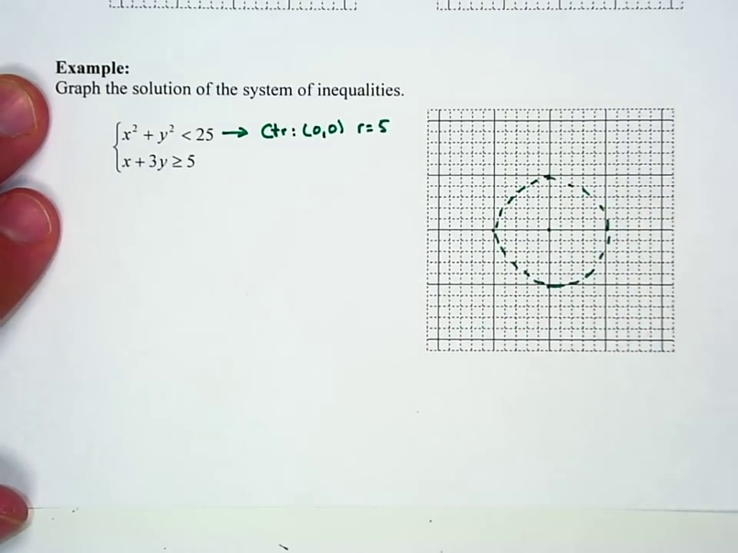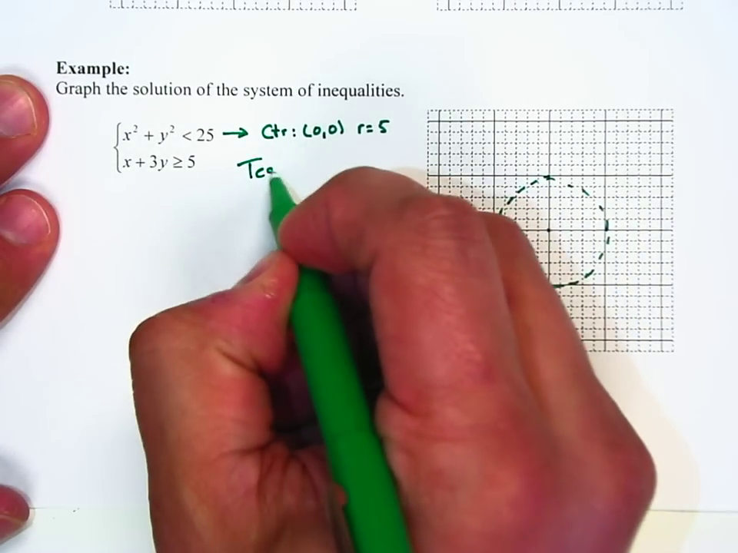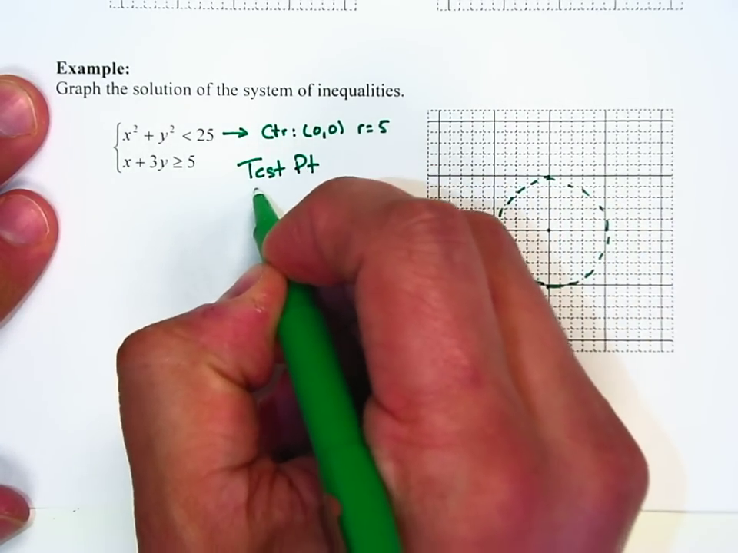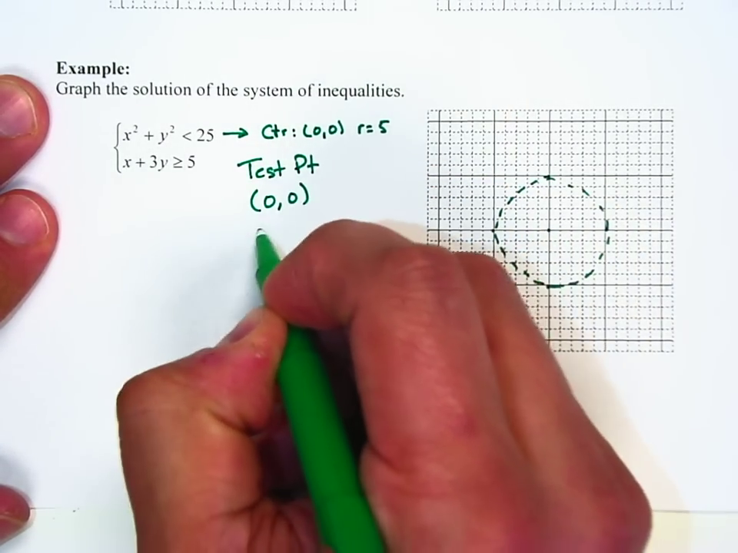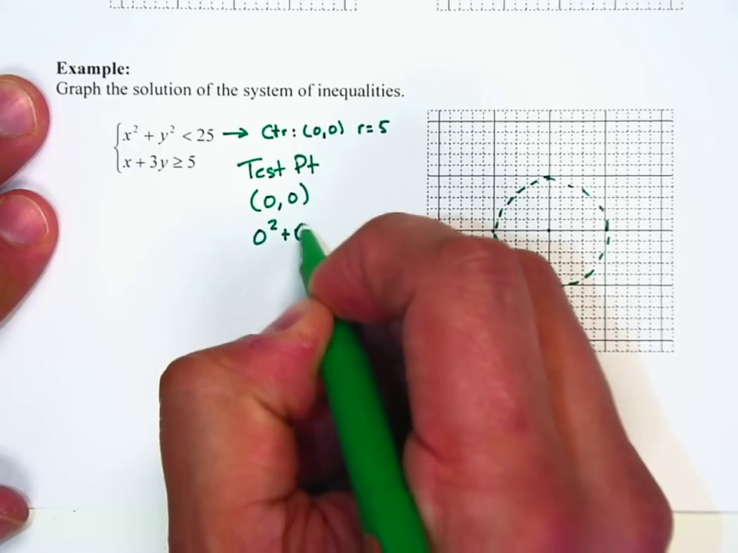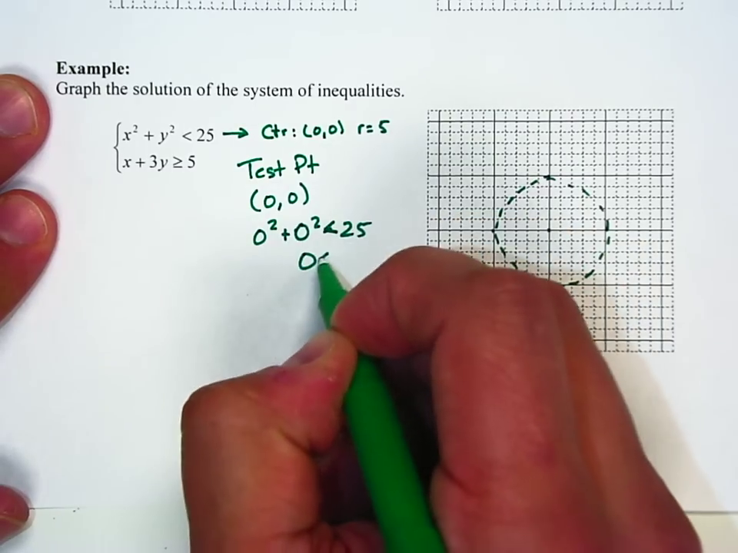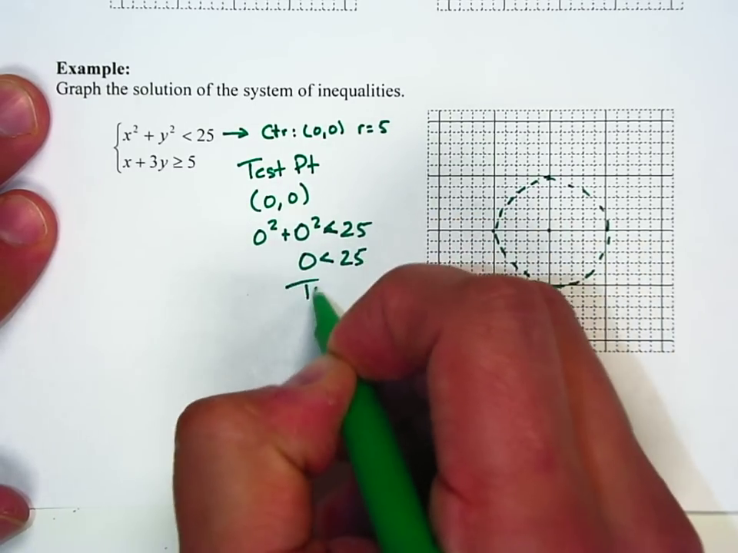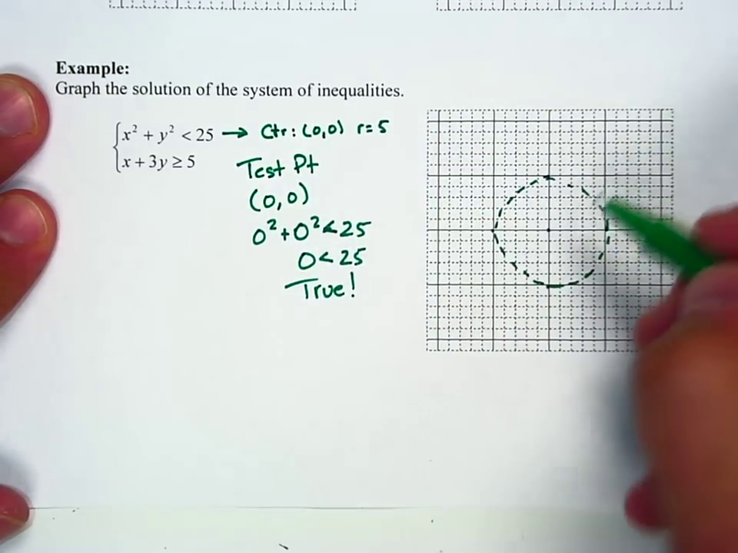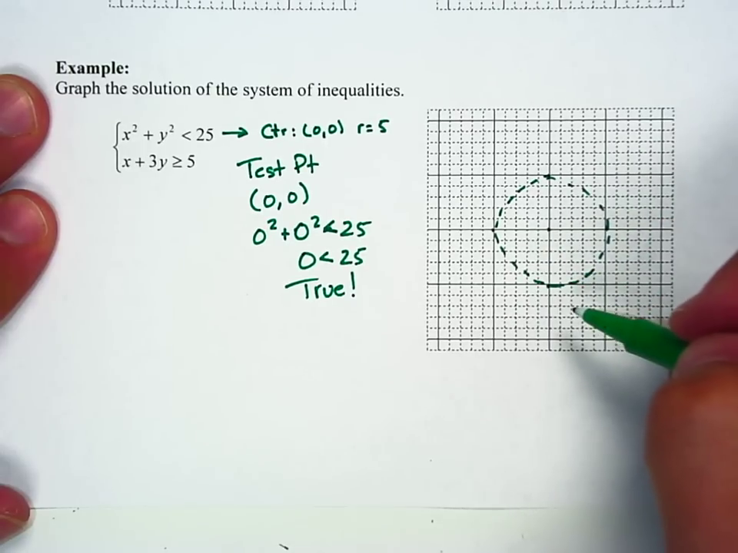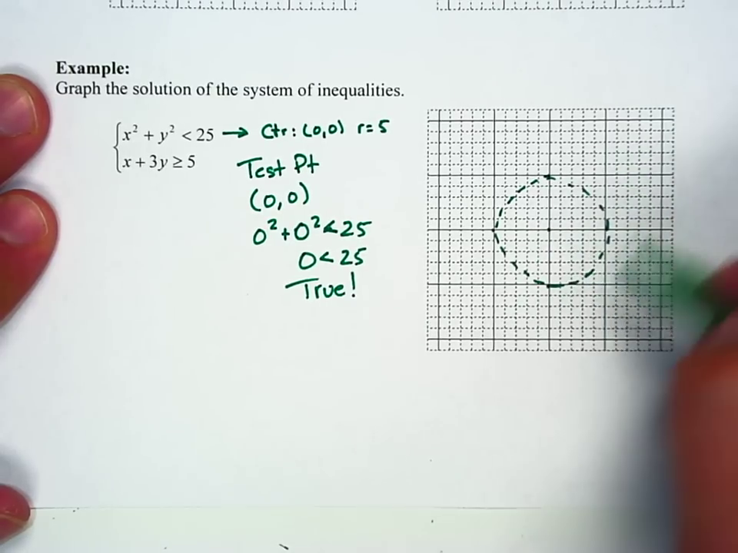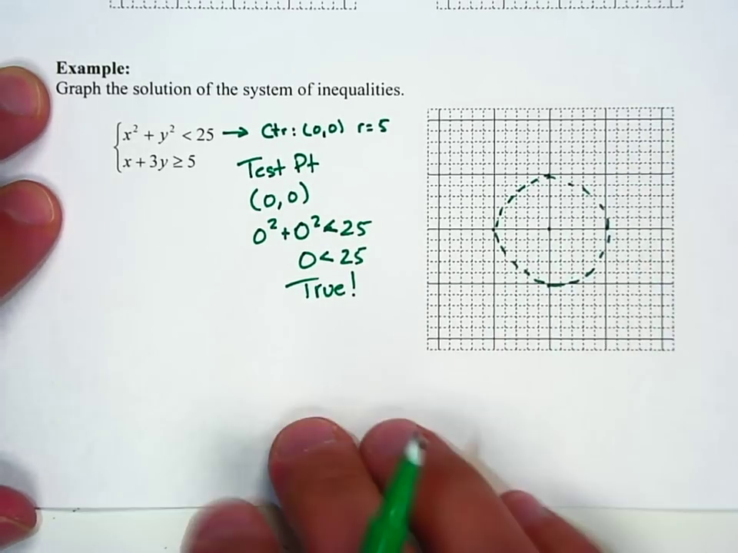And then I'm going to use a test point. I'm going to use 0, 0 again. So 0 squared plus 0 squared has to be less than 25. 0 is less than 25. That's true. That means I'm going to shade the inside part of the circle. I could shade it all right now, but I'm going to wait until I get my other